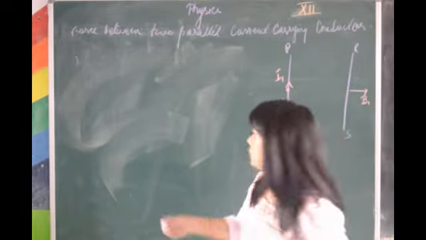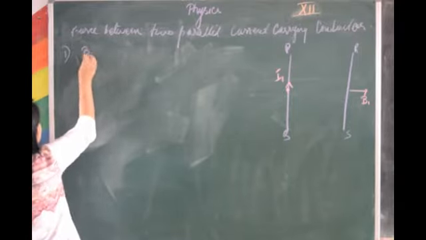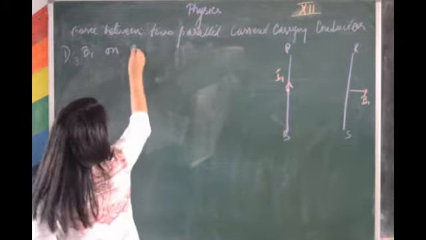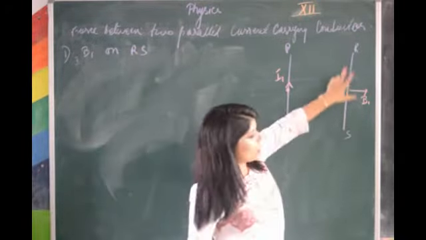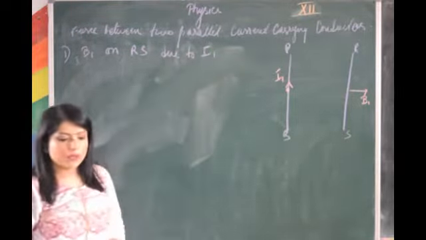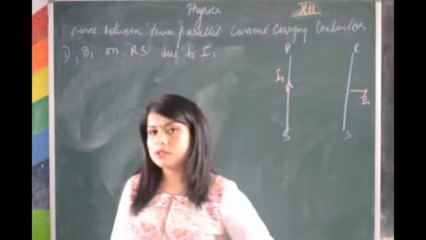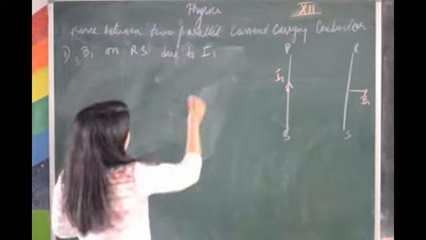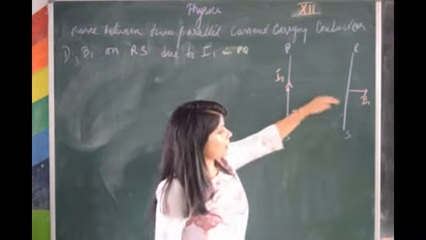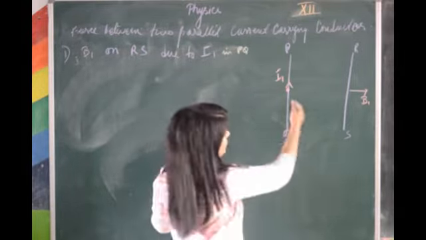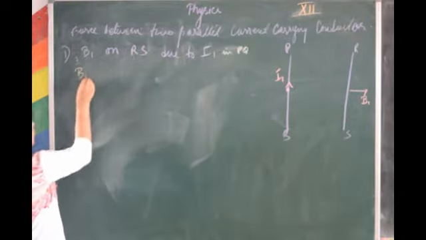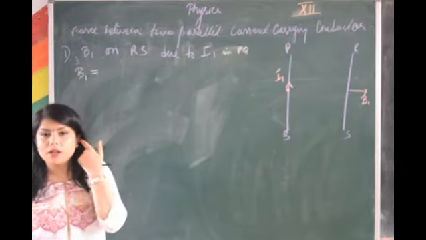So I write it down. First, B1, that is the magnetic field on RS due to I1. Wherever there is current, there will be a magnetic field. I1 is flowing in PQ, so the direction of the magnetic field will be like this. It will be circular, not straight, but at this point it is directed this side. So the value of the magnetic field B1 is equal to, as we have already derived,